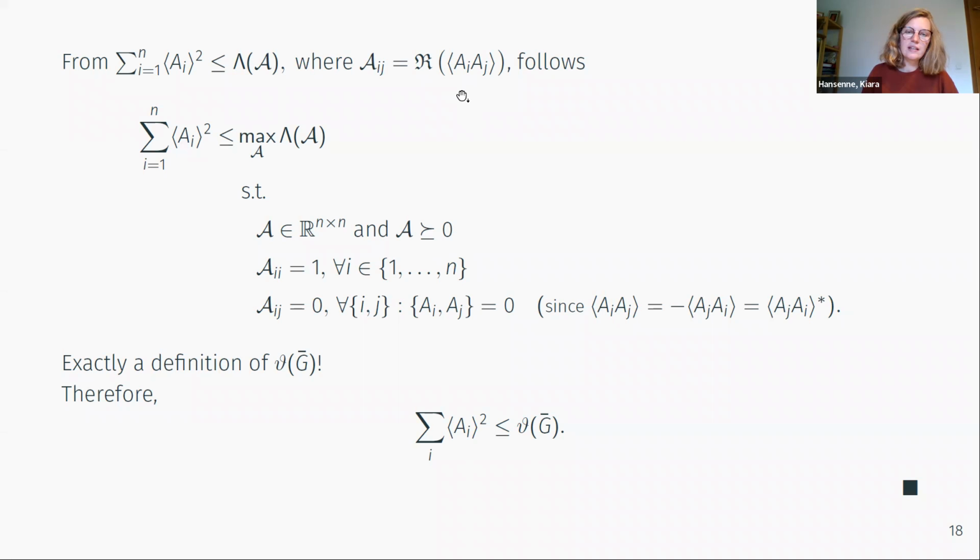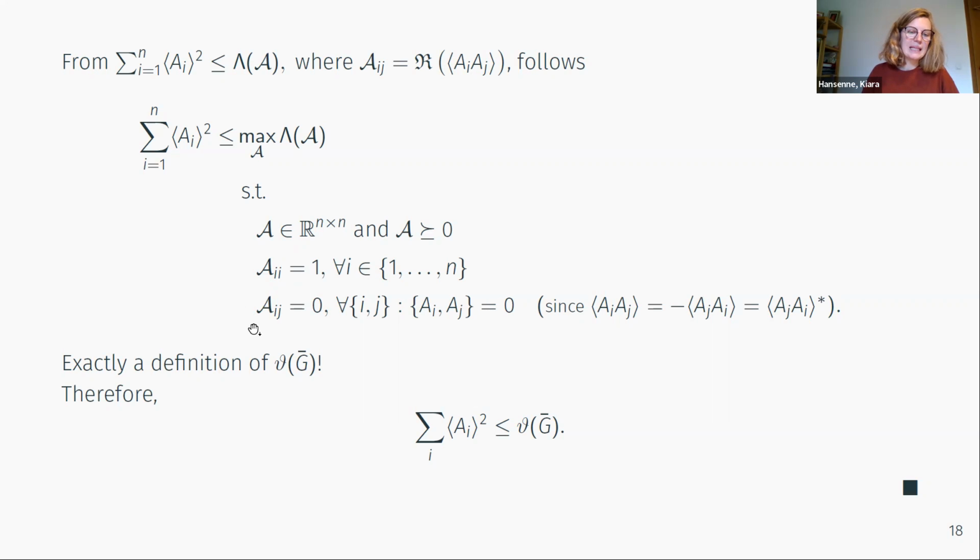And how can you see that? Well, if you take a matrix whose entries are expectation values of products, this is positive semi-definite. And then taking the real part is also still positive. So this still holds. Then we have ones on the diagonal. And this comes from the fact that we forced our observables to square to identity. So if you just have A_i squared, you're going to have identity, and then the expectation value is just 1.